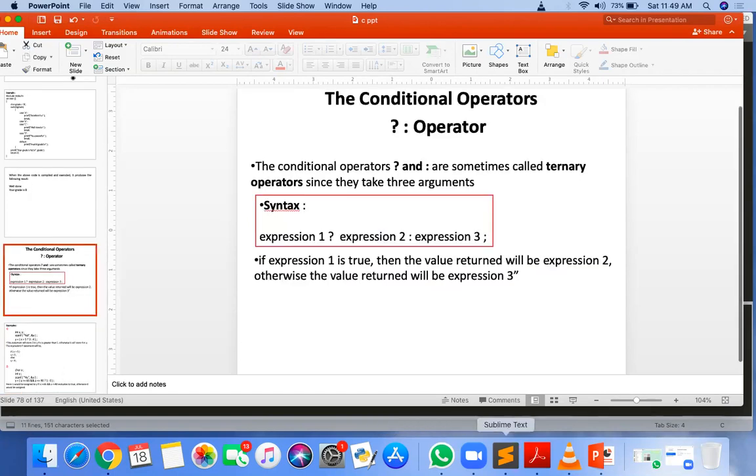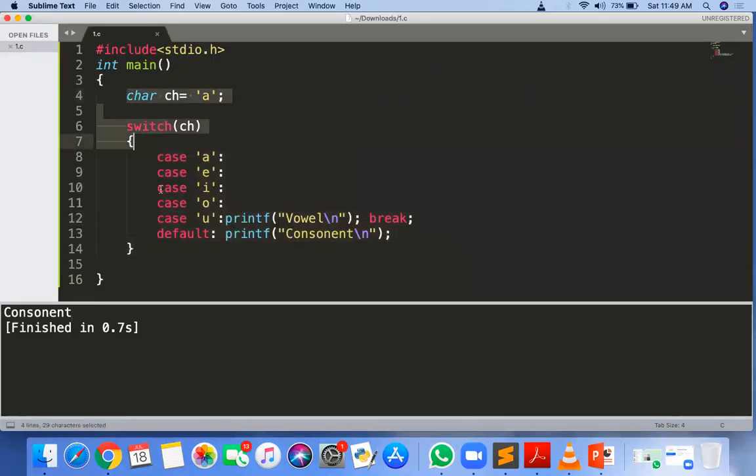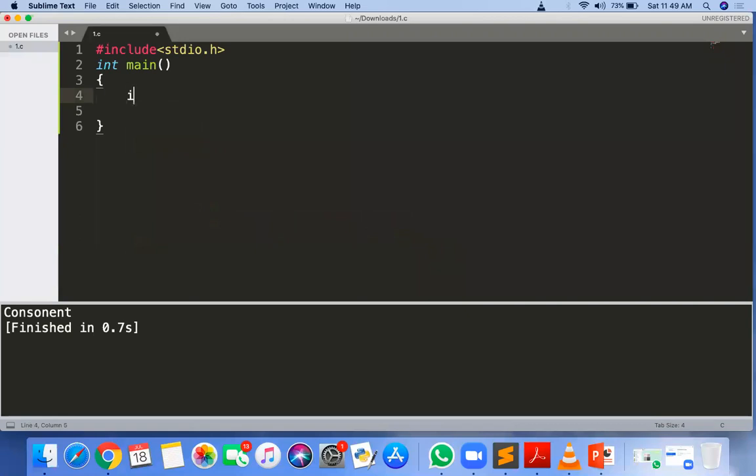Okay, so I will explain with this example. Suppose there is one variable a equal to 10, and one more variable, integer b. We want to check if a is greater than 10, then what expression do I want to execute? 1, otherwise 0. I can put one statement here itself. So it means that, question mark, sir. Yes, question mark. After the condition there should be a question mark.